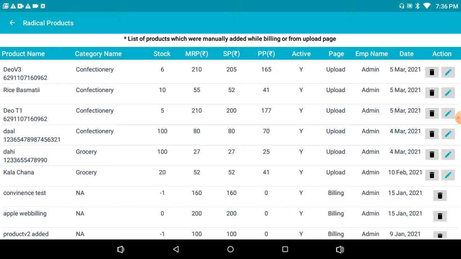As a shopkeeper, as a shop owner, you should know what the items were which were uploaded from the upload page, and also what the items were which were simply billed from the billing page. So it means that the items were not added in the shop's database from either